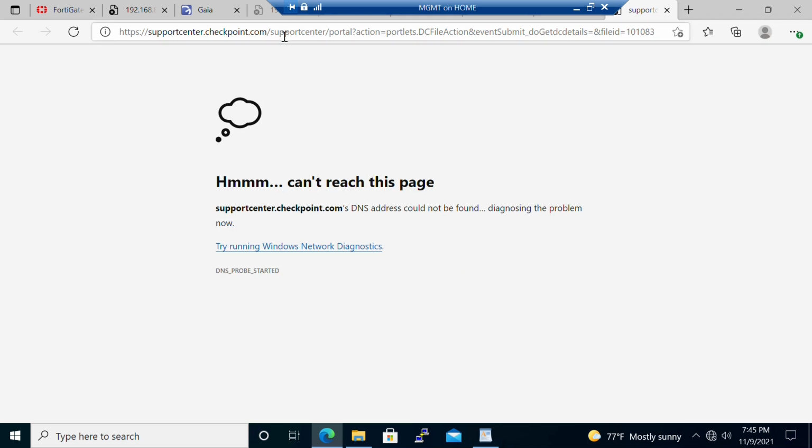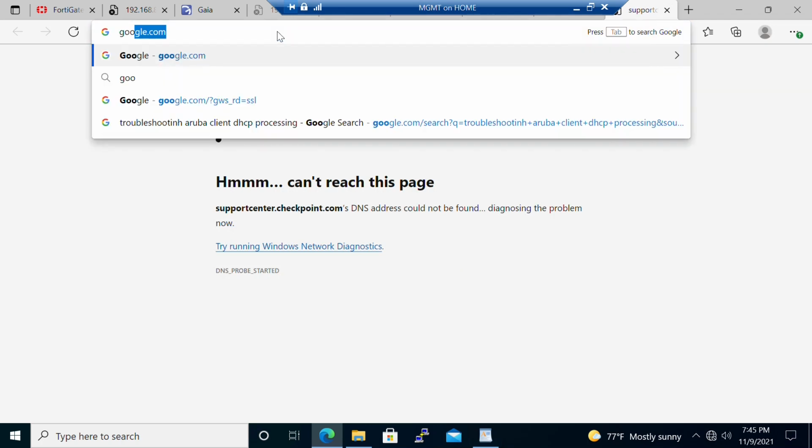15 days trial license we will get. We can utilize that trial license for all our lab work. Oh my god. Okay, it will not work because